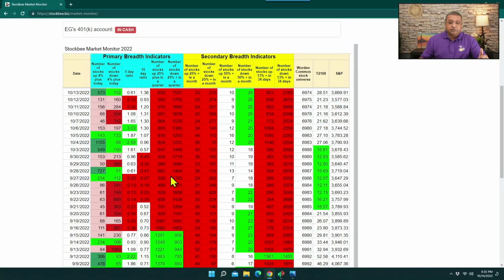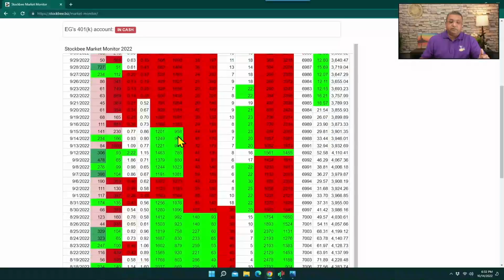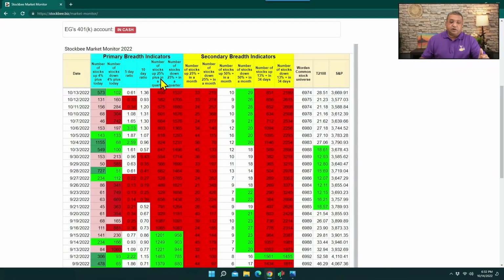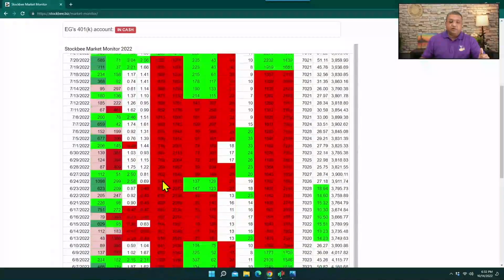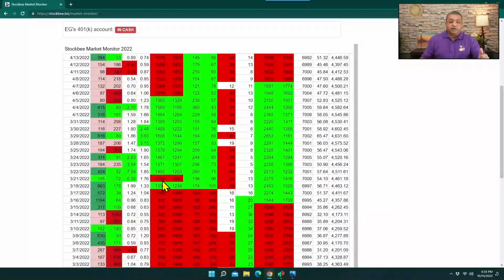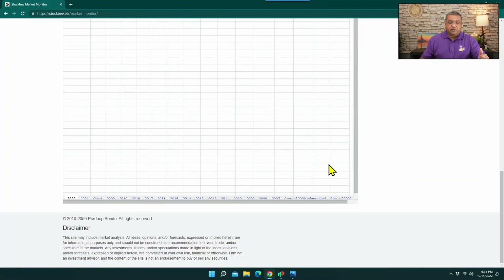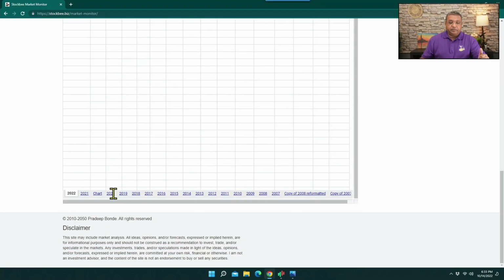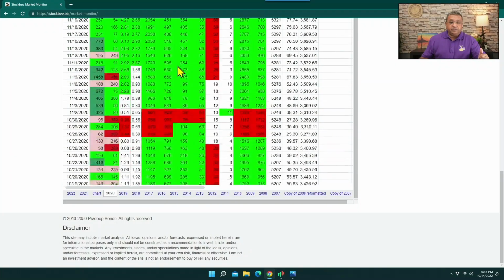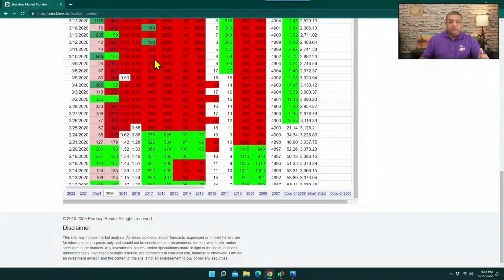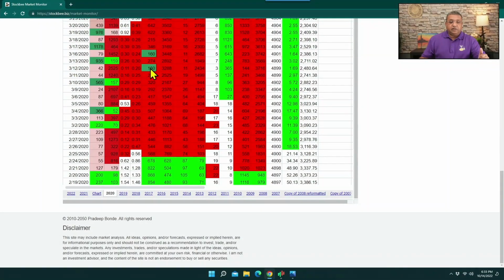But this also gives you another set of information which is very useful. When these figures reach very extreme levels, like when the number of stocks up 25% plus in a quarter is very, very low, if that figure is less than 200, which happens very rarely, near the market bottoms, then the market typically bottoms, because that indicates that there has been a washout kind of selling. So if you see in 2020, there was a washout kind of selling, and during March of that period, the reading reached a low of